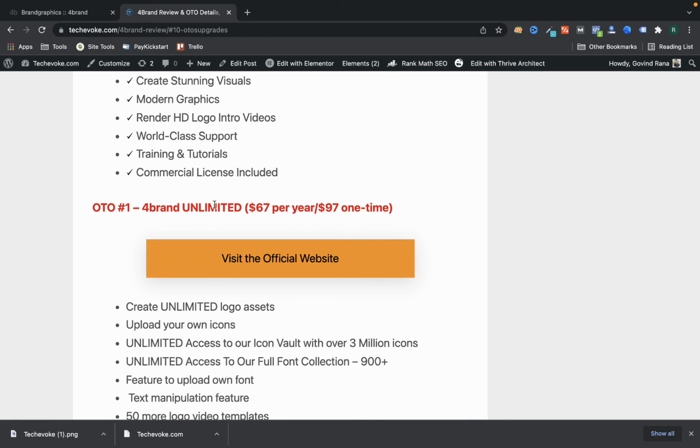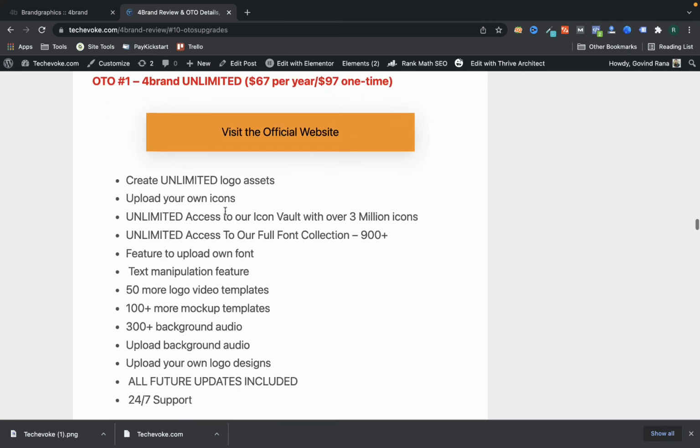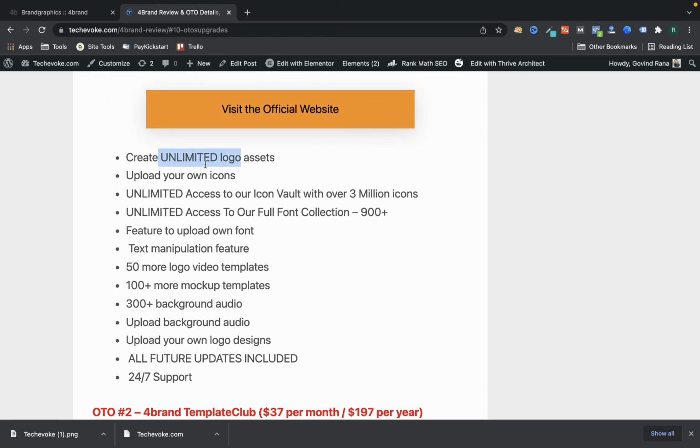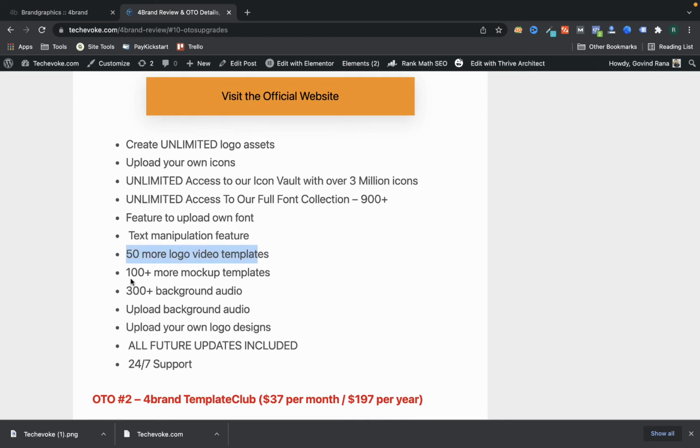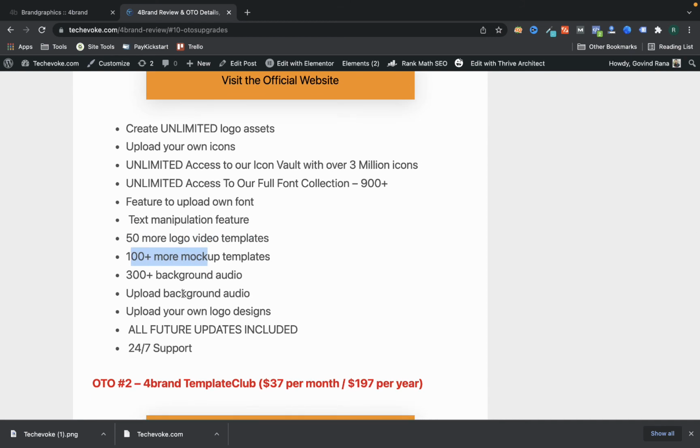On the OTO 1, you are getting unlimited logo assets, unlimited access to 3 million icons, unlimited access to the full font library of 900 plus, and you are getting an extra 40 intro videos, and 100 plus more mockups and background audios.